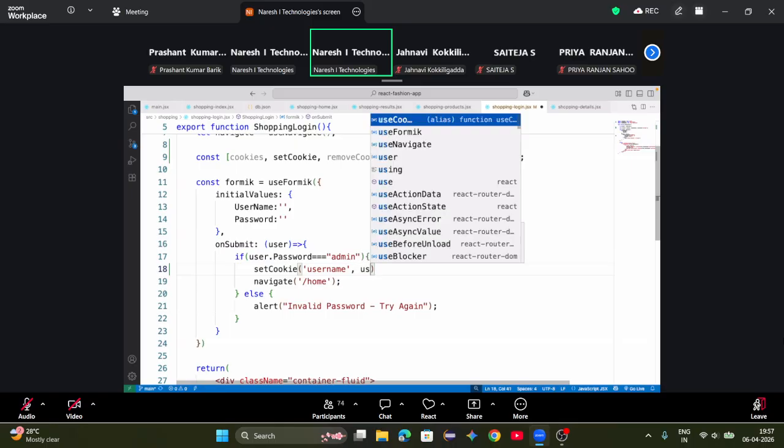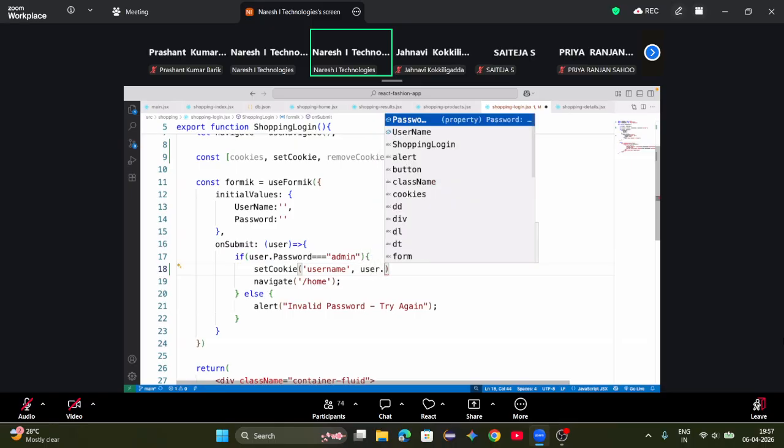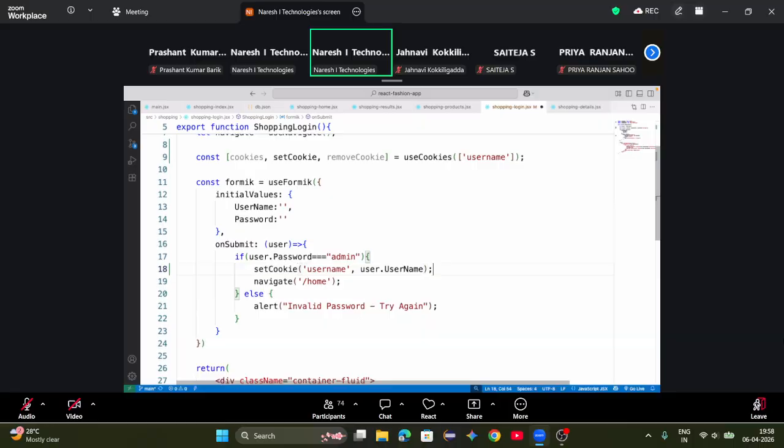How to put the username? User dot username. That is nothing but it will collect the username from the form and use it. What is that user dot username? User is the form data. In the form data, we have two fields: one is username, another one is password. That username is set, and you can give here